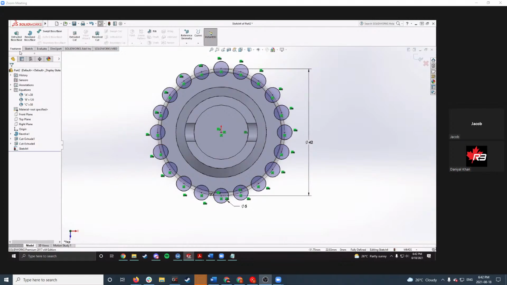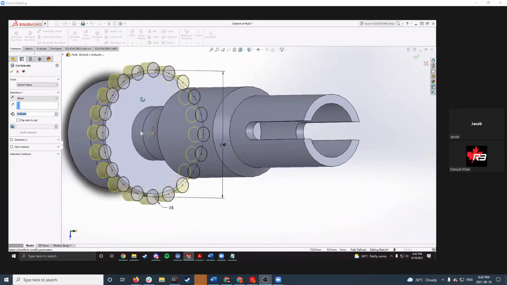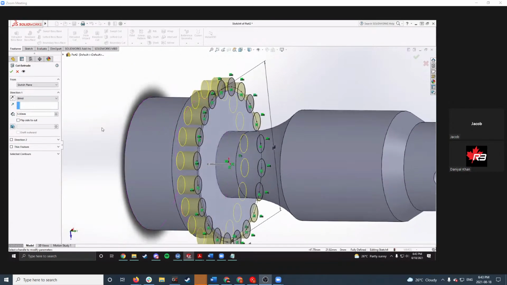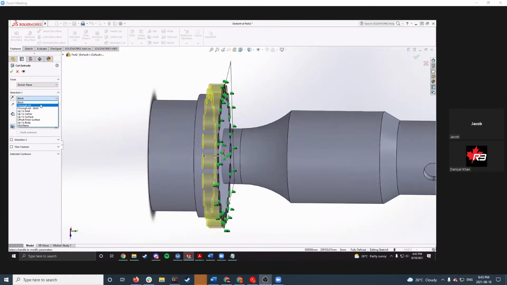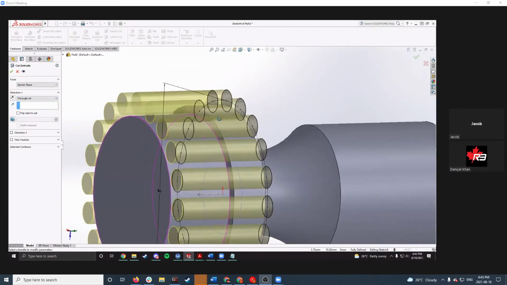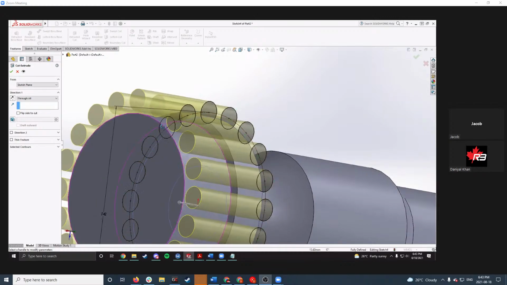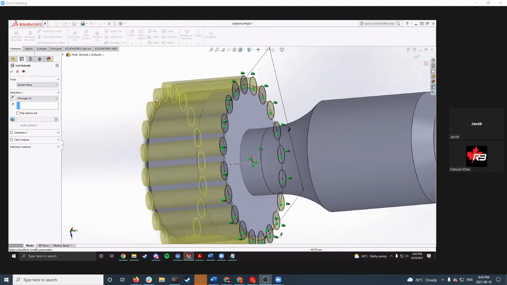So I'm going to go to features here, and then again, extrude cut, because I'm removing material, rather than a blind cut, because this is what happened before. This is what I was talking about before. I typed in 5, but it doesn't go all the way through. You could do a through all cut, which will cut through the entire part. But in this case, it doesn't matter. But pretend that this surface here, this larger circular portion was larger and you did not want to cut that,